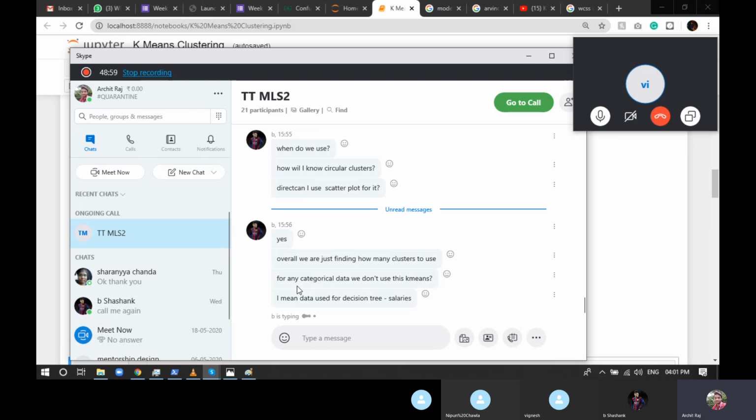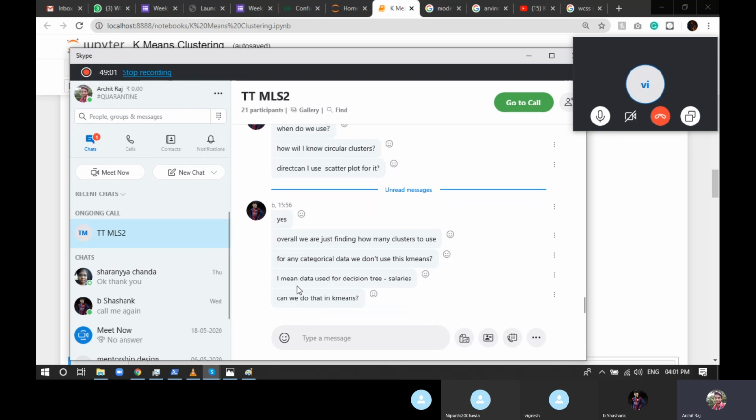I understood about that, but what exact category or continuous data, I mean data used for decision tree, can we do in that k-means? I am not getting the question, bro. Like you want to implement k-means in decision trees, like in decision tree kind of data?